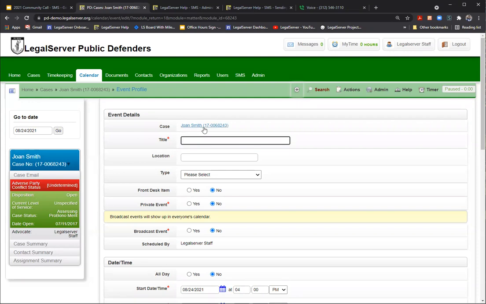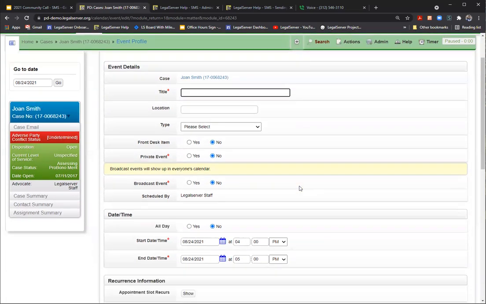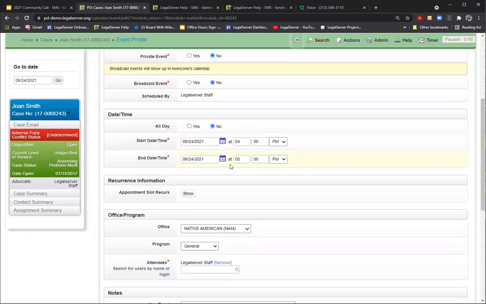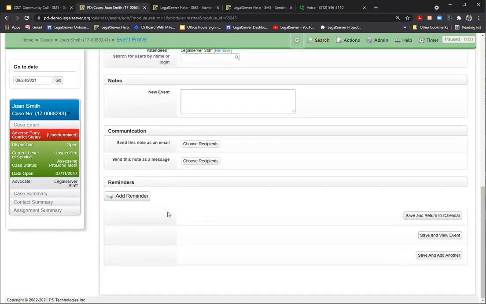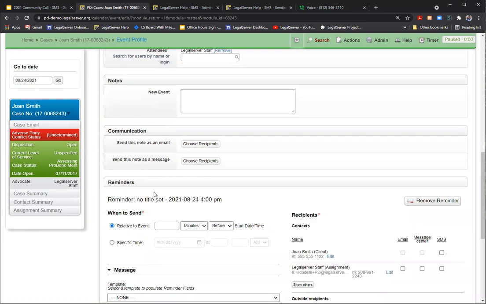So on a case, I've opened up our event create process. You can see that this is for the case we're on. I can fill in the information here. What's the time of day of my event? Does it recur? Whatever I want here. Down at the very bottom, we have our advanced reminders turned on. If I click on add reminder,